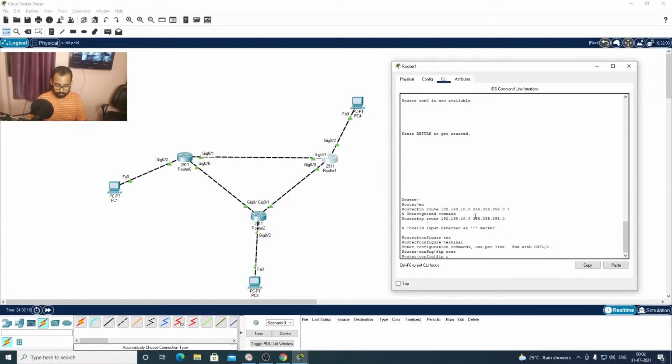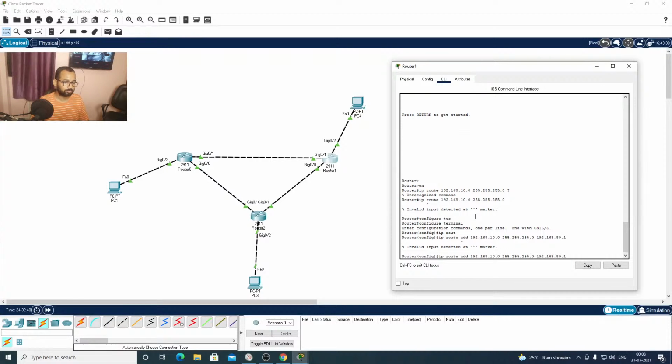The route 192.168.10.0 to 255.255.255.0. Next hop will be 192.168.80.1. So what happened here?